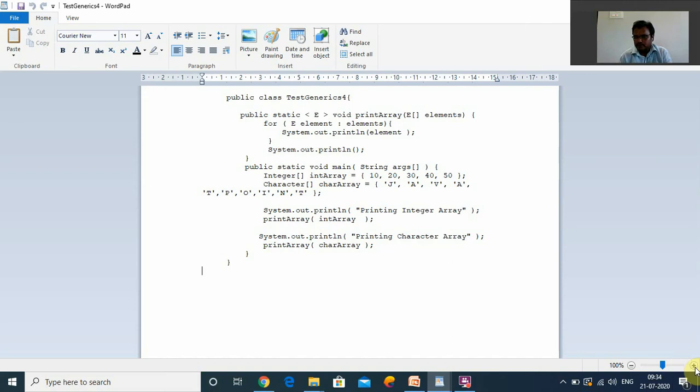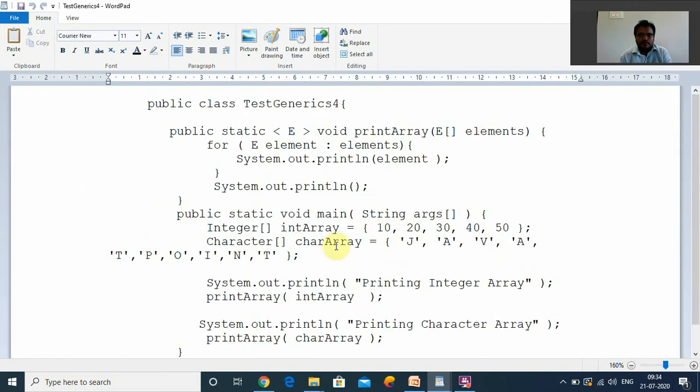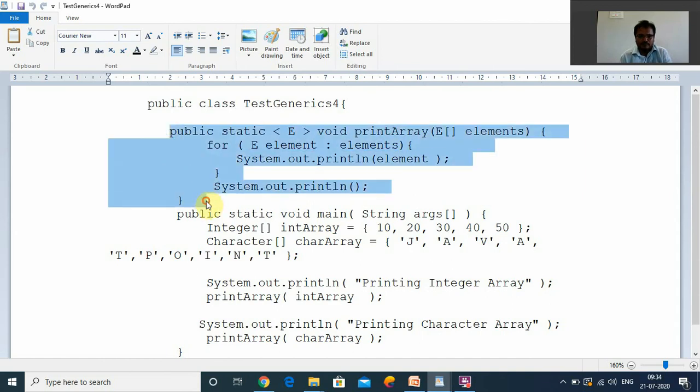This is a print array elements method. The type here is E, E in the sense of element type. Based on the for each statement, we are printing the elements. This is the logic here.